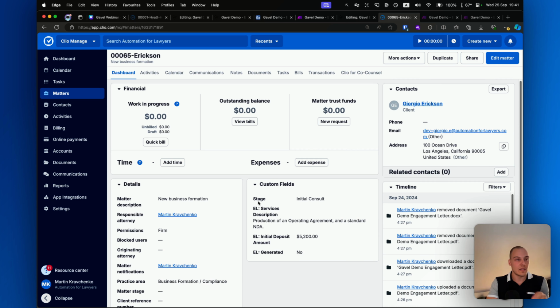The first one being the stage of that matter, for example, initial consult, then onboarding, service delivery, etc. If you have the top subscription plan in Clio Manage, you actually have access to a native stage function with the Kanban board. And then I have also added a few other fields over here for the engagement letter